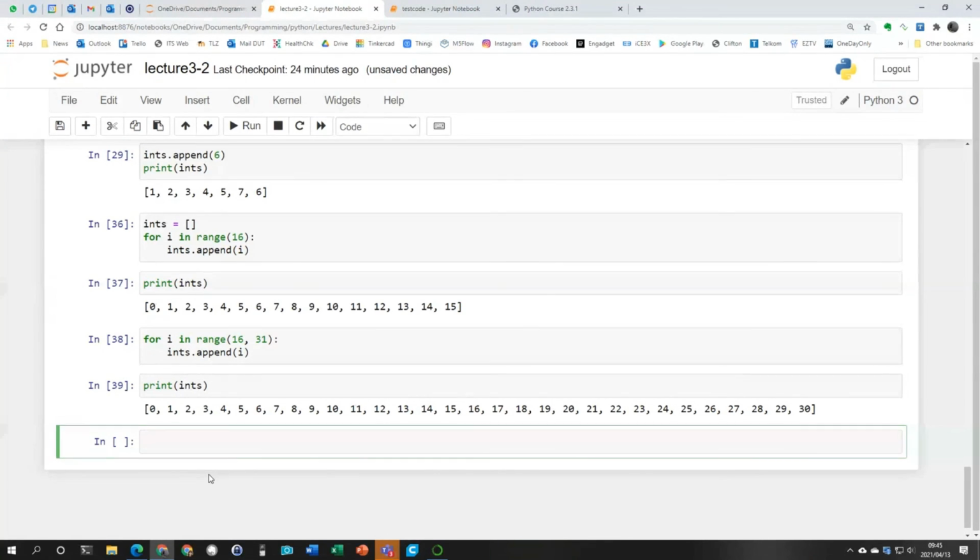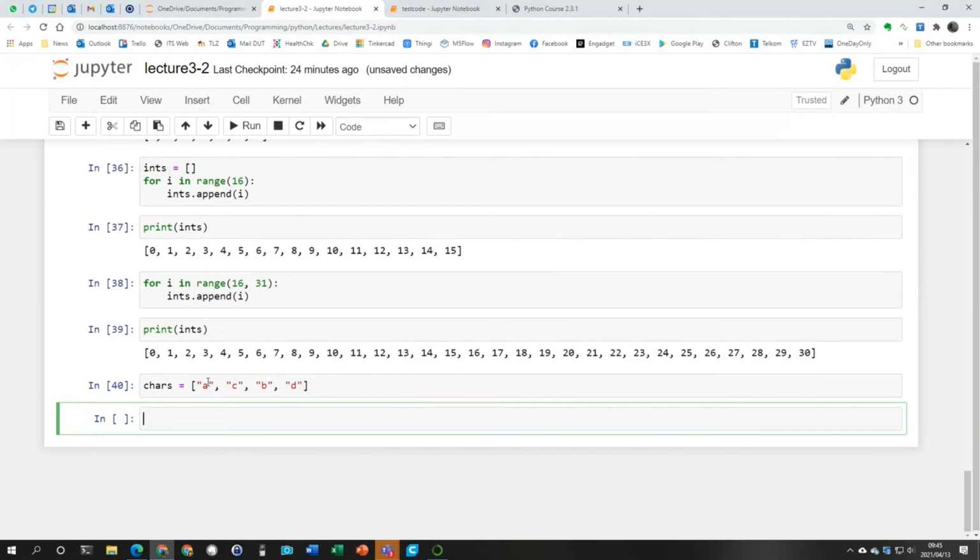Okay, so adding values to an existing list is quite simple. You just use exactly the same code, which is the append method. So I'm going to create another quick little list. I'm going to call it characters, and I'm going to start off with A, C, E, and let's go for a D. So there I've got a list containing 4 letters, A, C, B, D, and you can see that